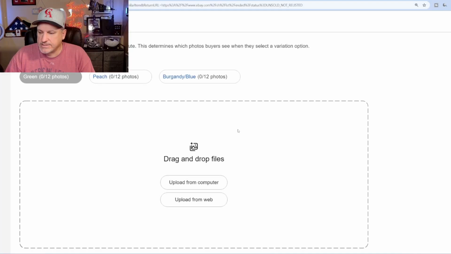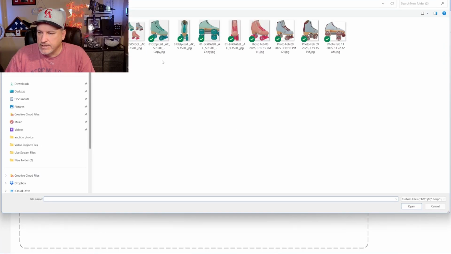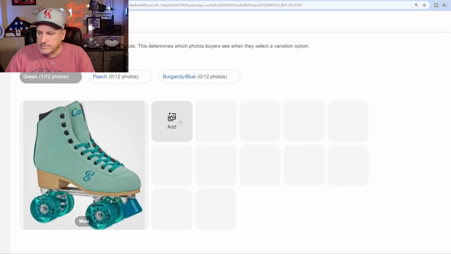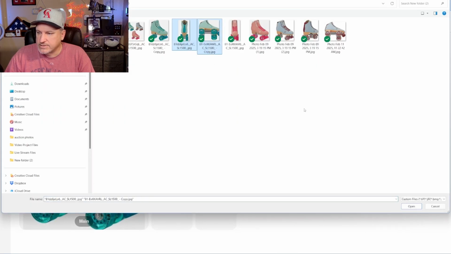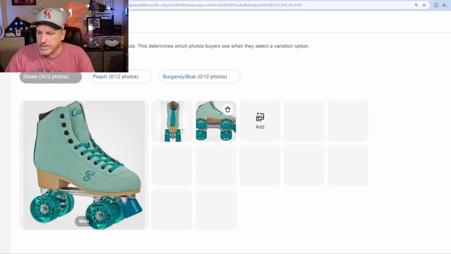skates. So in this case, I'm going to upload from the computer. You can do one at a time like that, right? Upload from computer, or you can just highlight all the ones you want to use and it'll bring them over like that. Now I would probably use more photos here, but for the sake of this exercise, I only pulled